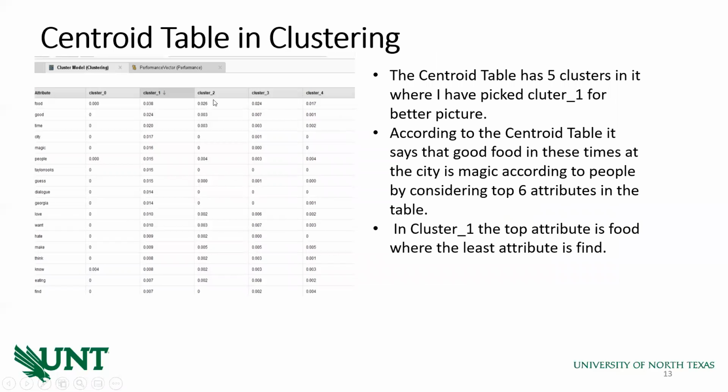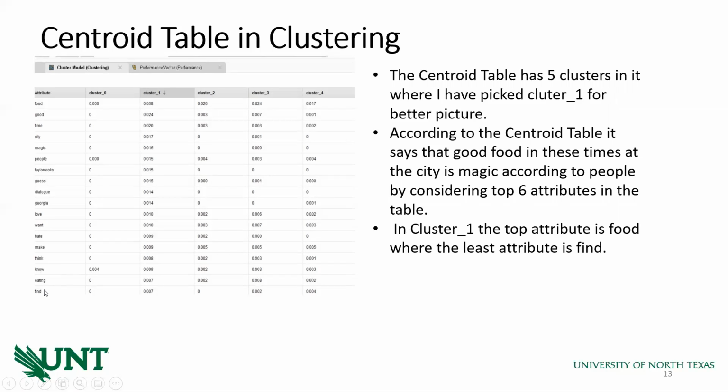Moving to the centroid table in clustering, the centroid table has 5 clusters in it, where I have picked cluster 1 for a better picture. It is here, in bold color. According to the centroid table, it says that good food in these items, these times at a city is magic according to people, considering the top 6 attributes in the table.